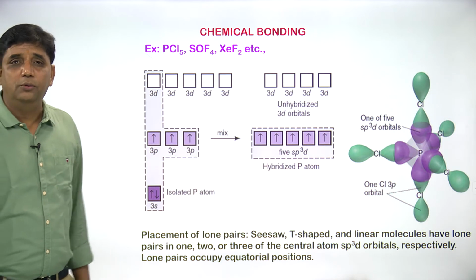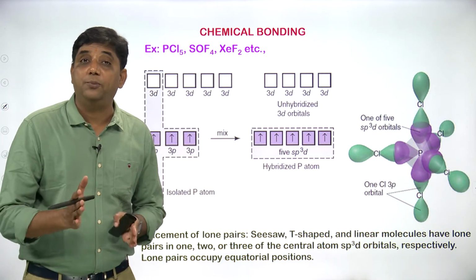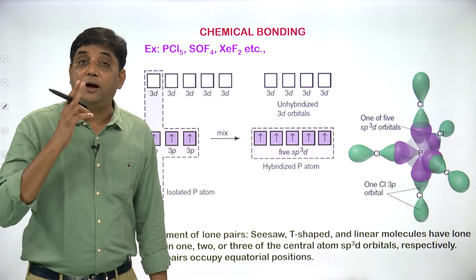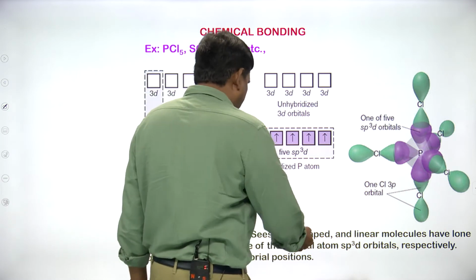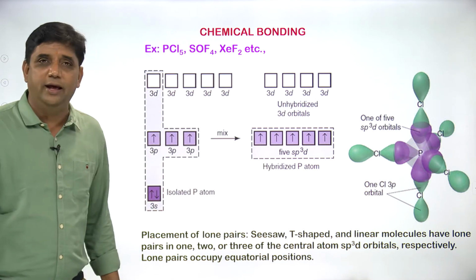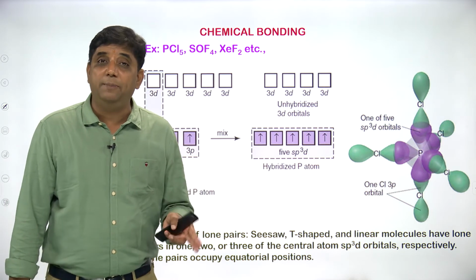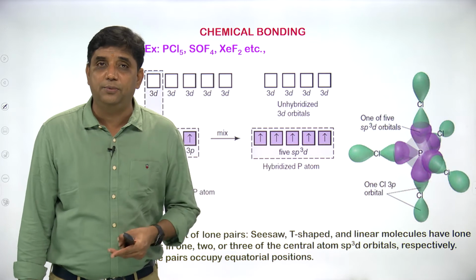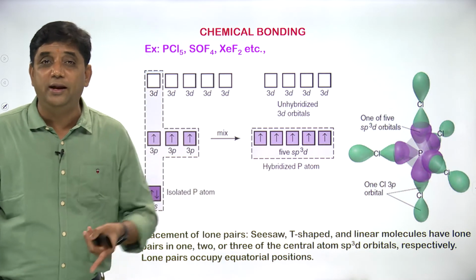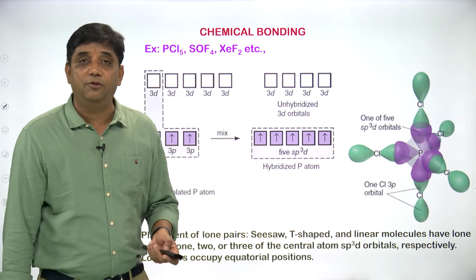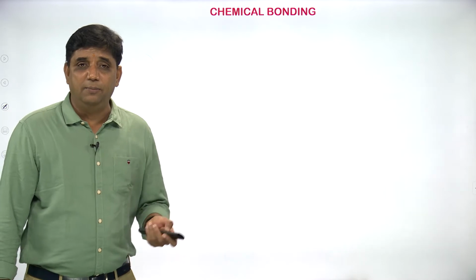See, already I told you, in case of trigonal bipyramid, the lone pair of electrons will occupy the equatorial position, not the axial position. Already we have seen seesaw, T-shaped and linear. 4 bond pairs and 1 lone pair give the seesaw. 3 bond pairs and 2 lone pairs give the T-shape, and 2 bond pairs and 3 lone pairs give the linear shape. That is the example of xenon difluoride we have seen in the valence shell electron pair repulsion theory table.